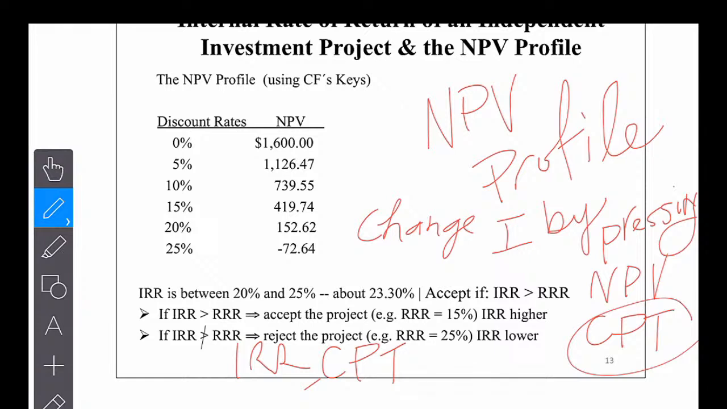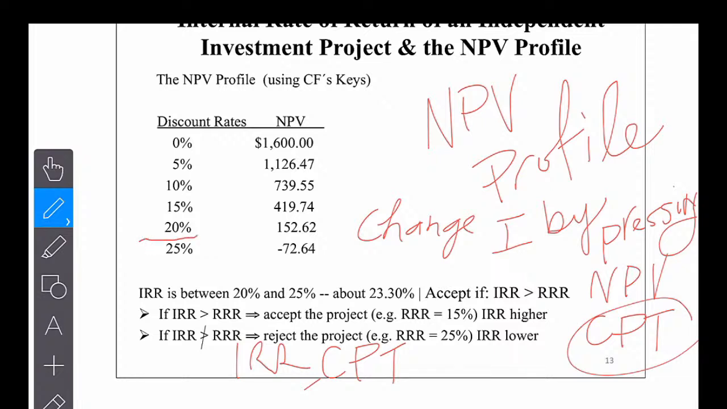The NPV profile is something I can ask you for, and it's something you need to know how to generate in the case that your calculator is not going to give you the right answer, and I'll show you how that happens, what that looks like. So you see here, this is always positive, so it's positive NPV. So accept the project, accept the project, accept the project, accept the project, accept the project, and then,